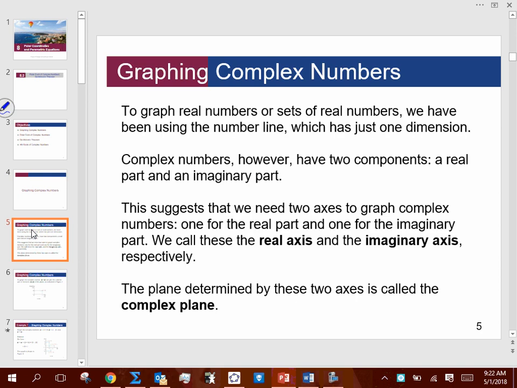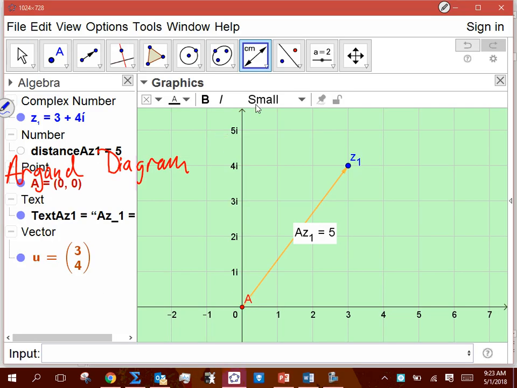Okay. If you remember back working with quadratics in college algebra or algebra 2, when we had an imaginary component to our solutions or to our roots, we just said, oh, we can't graph that. Okay. And we couldn't graph that because our x-axis is all real numbers and our y-axis is all real numbers. There are no imaginary components to that, right? So in regards to wanting to graph